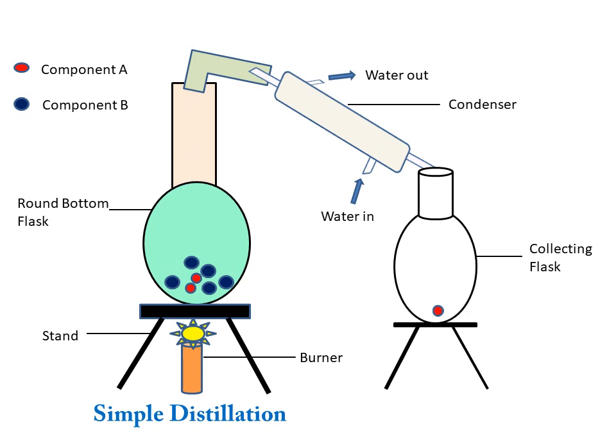One after the other, all the molecules will go and collect in the collecting flask, and the higher boiling liquid or the solid will remain in the round bottom flask only. In this way we are able to separate a solid in a liquid or a mixture of two miscible liquids. The high boiling liquid remains in the round bottom flask only, and the low boiling liquid is separated in the collecting flask.